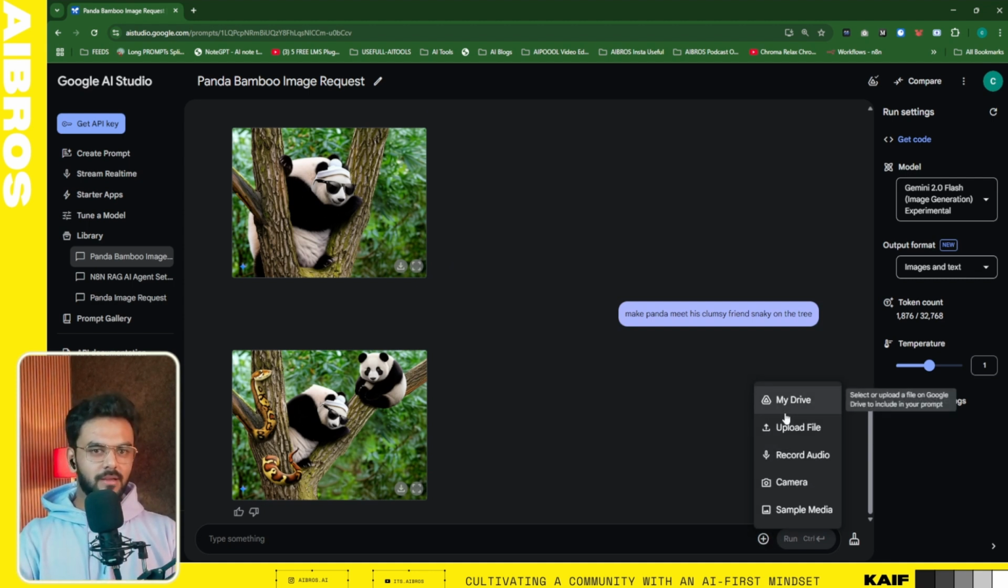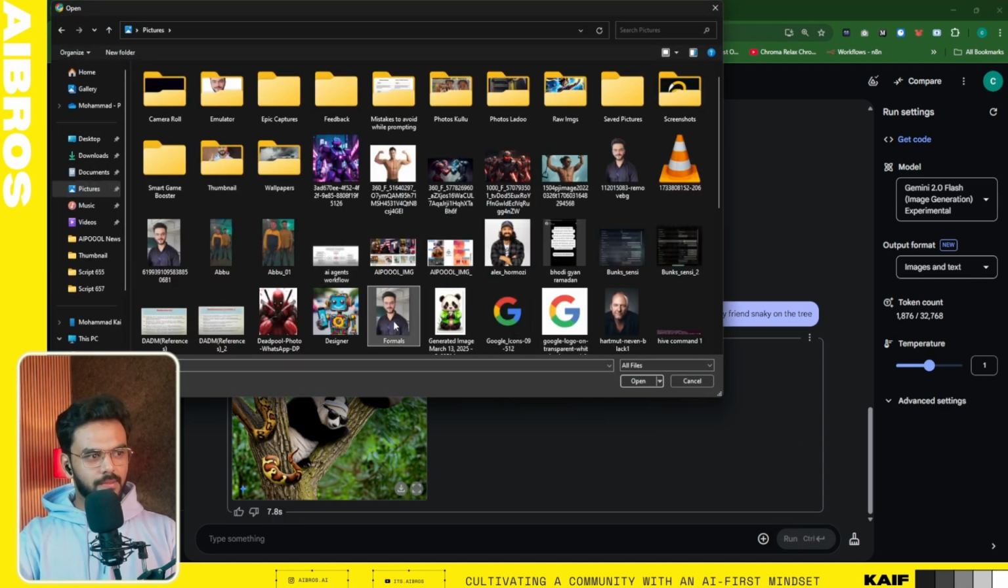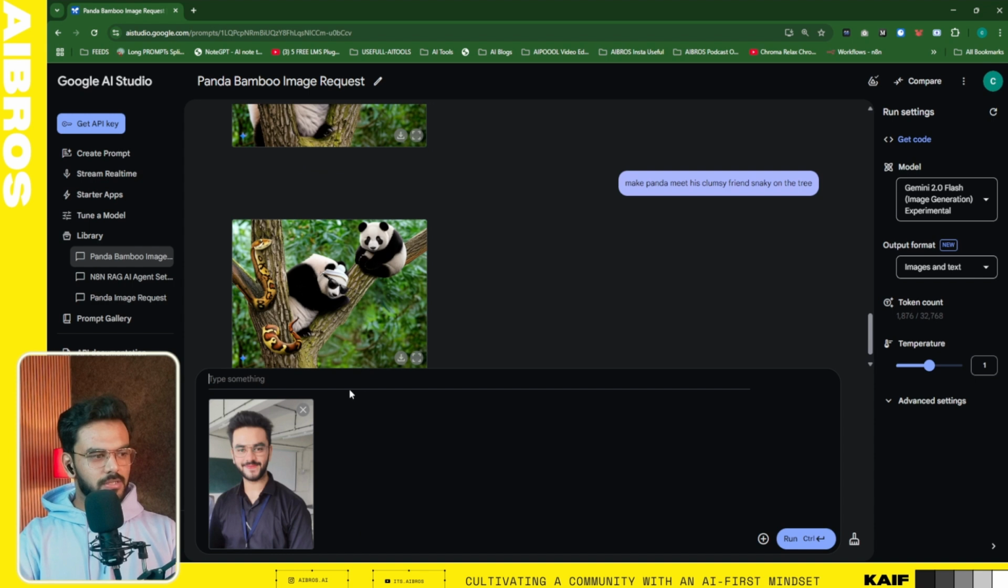Another feature which I was talking about is that you can change the color of the clothing that you are wearing. So let me show you. I'll just upload my picture. This is my very old picture in one of my formal shirts. So I'll ask Gemini to change the color of the shirt to light blue, keeping the facial expressions and features